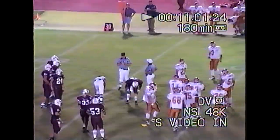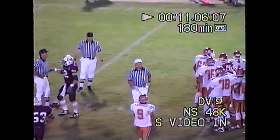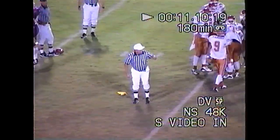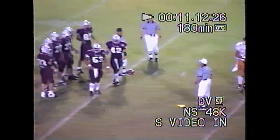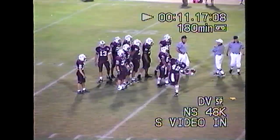Flag on the play comes from the referee spot. It's going to be a holding call. Probably a holding call. You're right. Waiting for the call from the chop block. I know what it was. It was a crackback, illegal crackback at the top of the